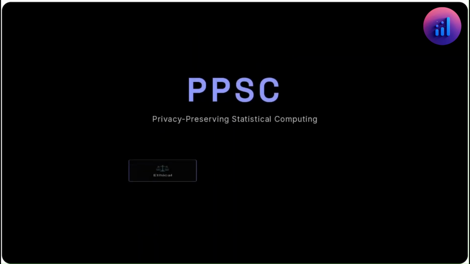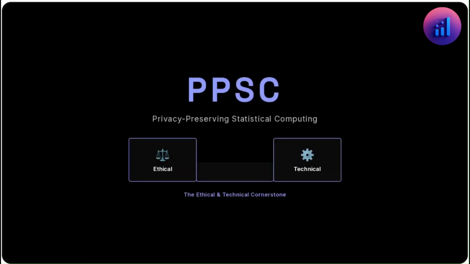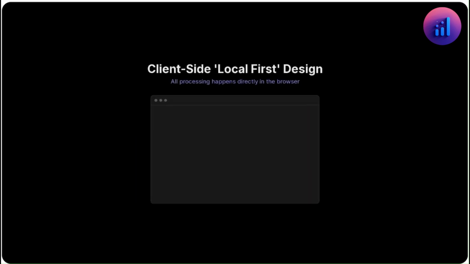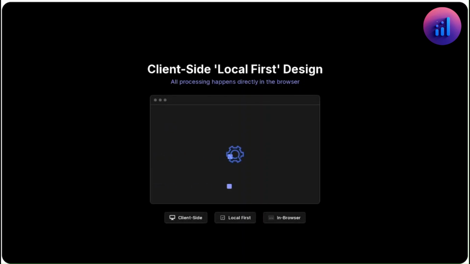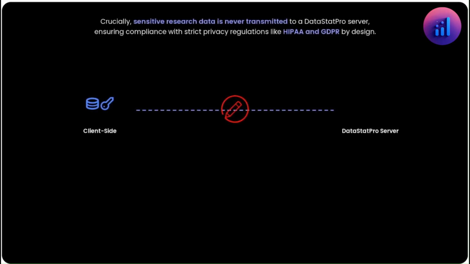on the web. How does DataStatPro offer sophisticated analysis tools while guaranteeing sensitive data never leaves the user's computer? They solve it with the privacy-preserving statistical computing, or PPSC model, which is their ethical and technical cornerstone. PPSC relies on a client-side, local-first design, meaning all primary data processing and statistical computations happen directly within the user's browser. Crucially, sensitive research data is never transmitted to a DataStatPro server, ensuring compliance with strict privacy regulations like HIPAA